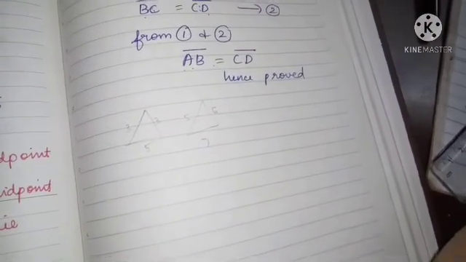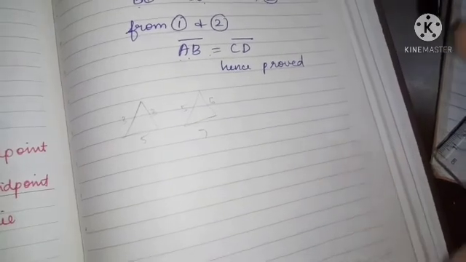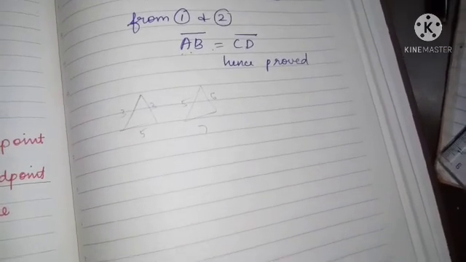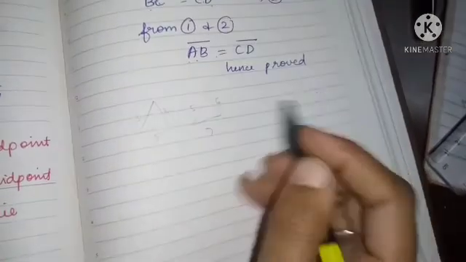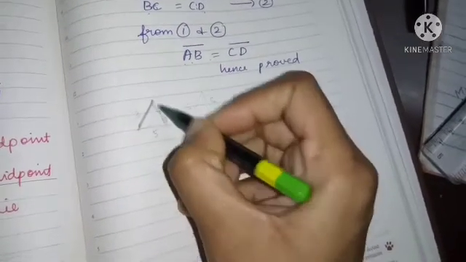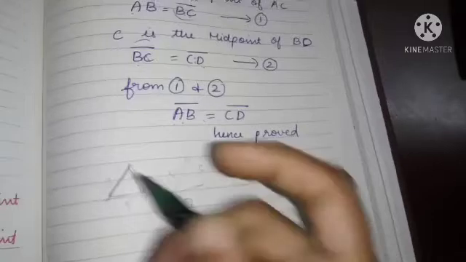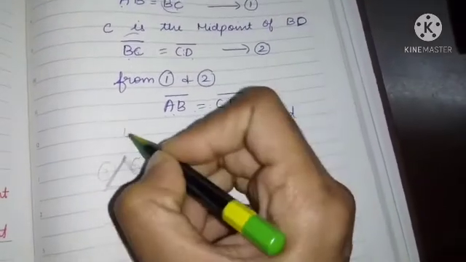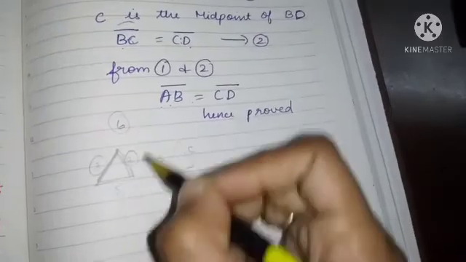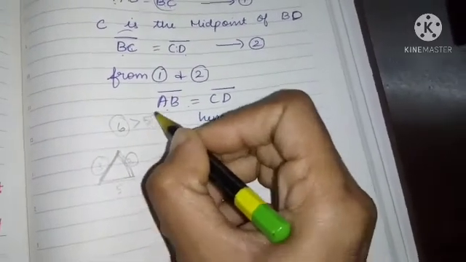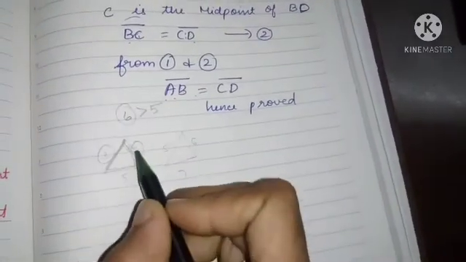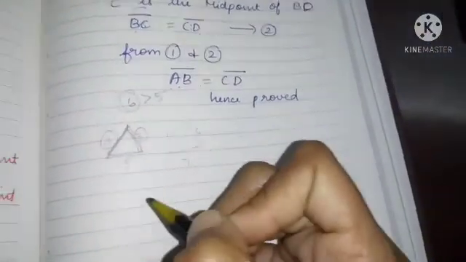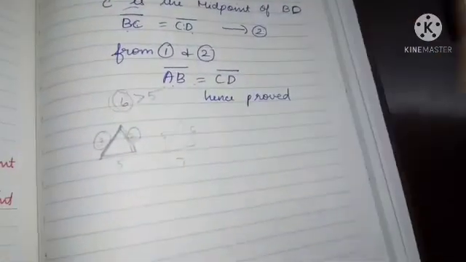Check in each case if the sum of the lengths of any 2 sides is always greater than the third side. We have to check like that. See, 3 sides we have given. This is your side, this is your side and this is your side. When I add any 2 sides, 3 plus 3 is 6. The 6 is always greater than the third side. When I add 2 sides, that value will always be greater than the third side.